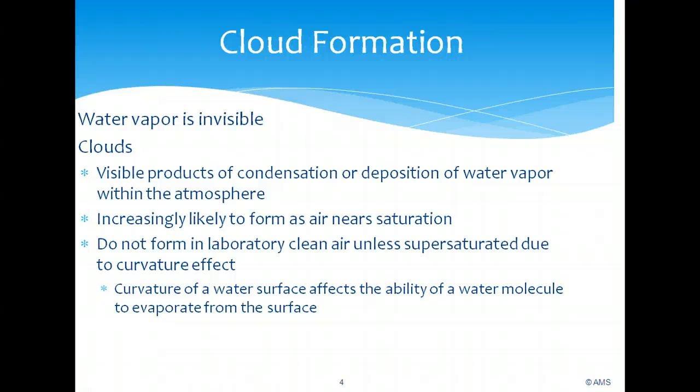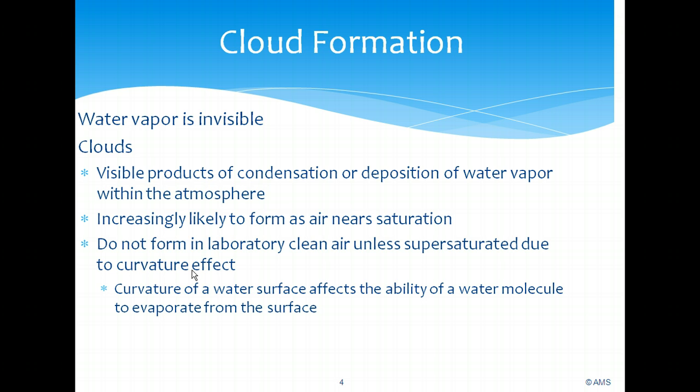The only way in a relatively clean environment that clouds will form is to have the air supersaturated, and even with that, it has to be hundreds of percent above what we would normally find in the atmosphere for cloud formation. So what's going on here? It seems that droplets cannot form in a cloud chamber without a supersaturated environment because of something called the curvature effect. And this curvature effect